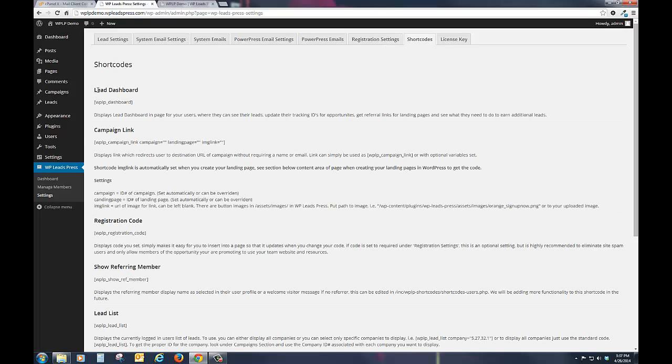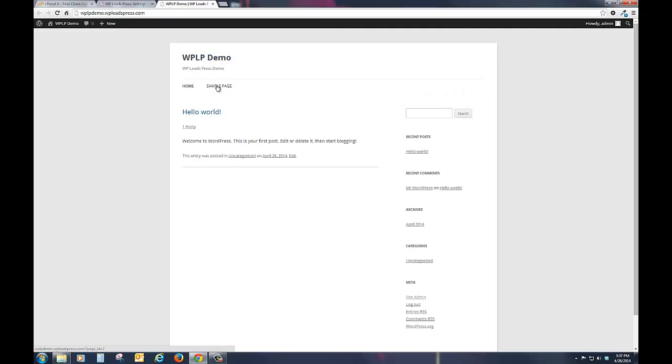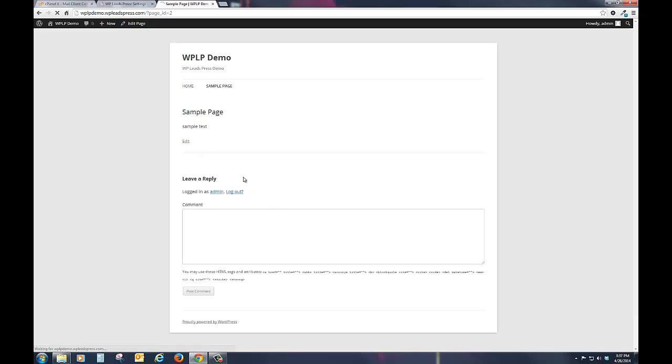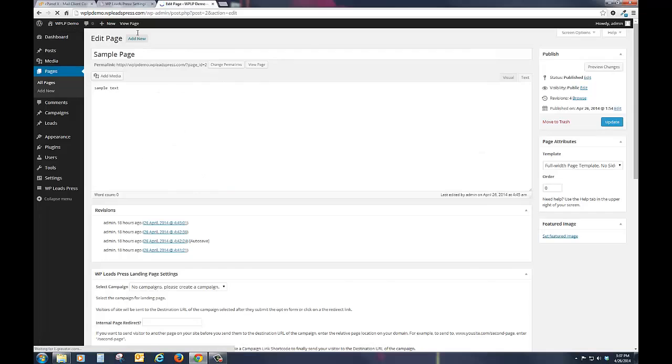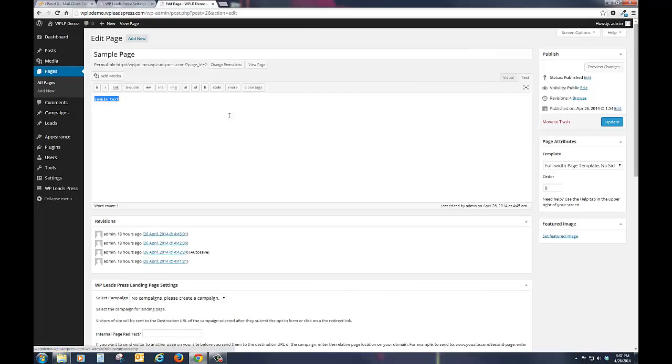Then we have our short codes here, which we will use here in a moment. First one is the WP LP dashboard, and what this does is actually set up the front end of your website so that your users can get access to their leads. And so let's go ahead and, here on our website, go to the sample page and edit that page, and let's turn this into our lead dashboard, if you will. So we'll take that code and put that in there, and let's go ahead and change the name of the page, call it the lead